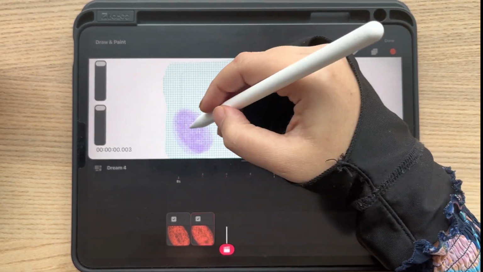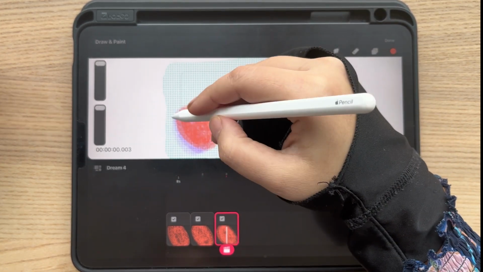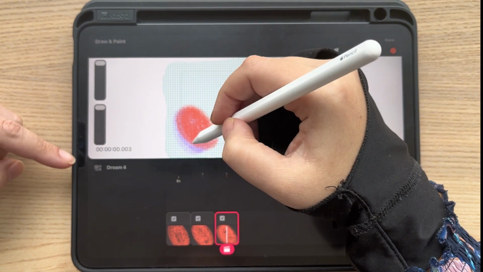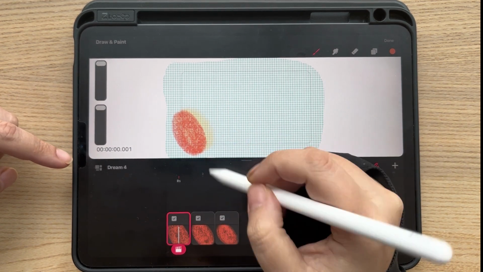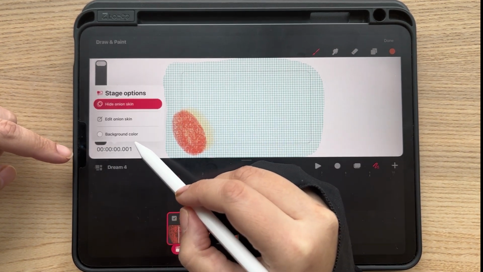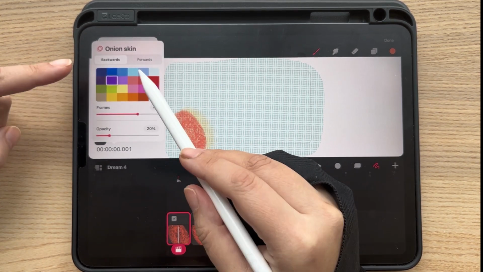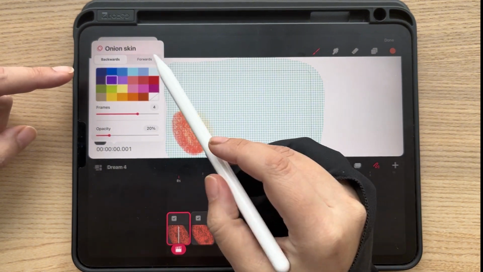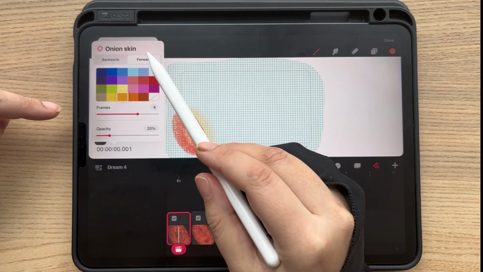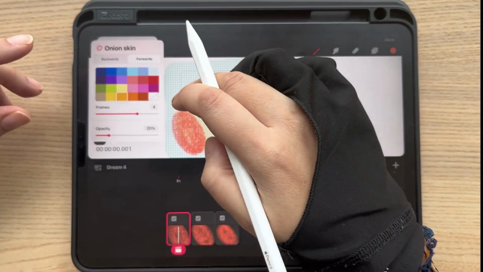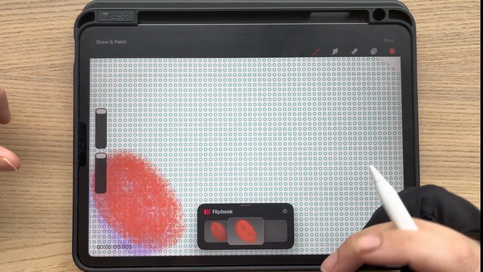So just in each frame I can go and move. You can see here the onion skin. That means my previous steps and my forward steps are in yellow. If you want to change these colors, you go here in the timeline and you can either hide the onion skin or edit the colors of the onion skin, the one backwards or the one forwards. I have it right now 4 frames backwards and 4 frames forward. That is what I have preset here. You can also work with the flipbook,